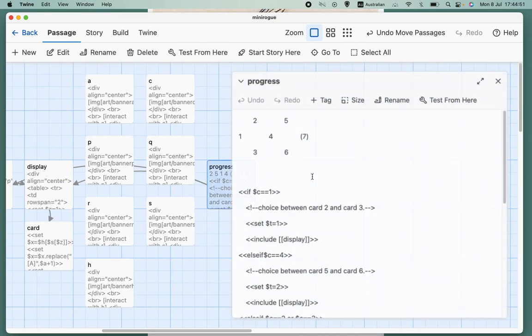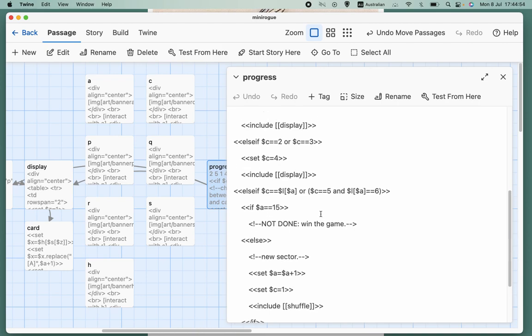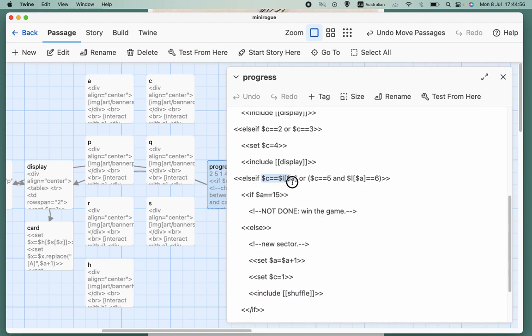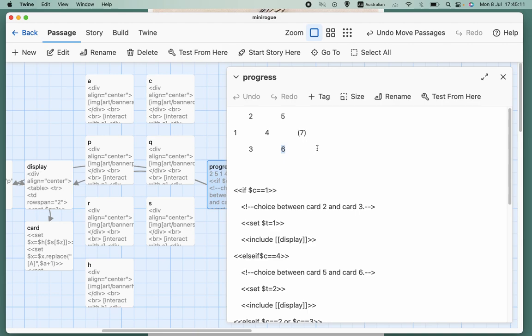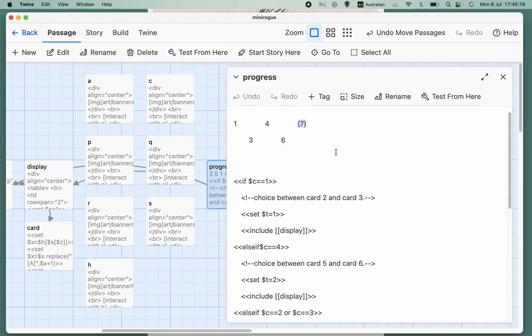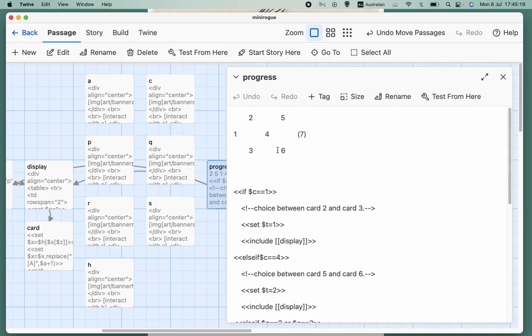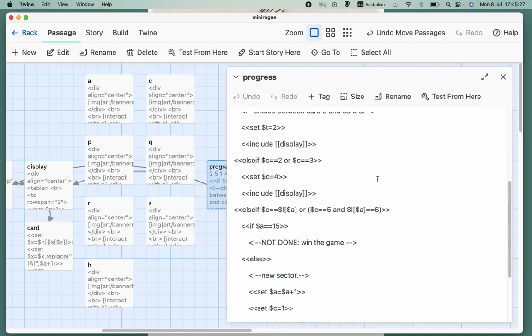So let's get back to this. If C is equal to L[A], well, what that means is if you're on card 6 and there's only 6 cards in the spread, or you're on card 7 and there's 7 cards in the spread, but not if you're on card 6 and there's 7 cards in the spread. In other words, if you're on that card and it's the last card, and if you're on that card and it's the last card,